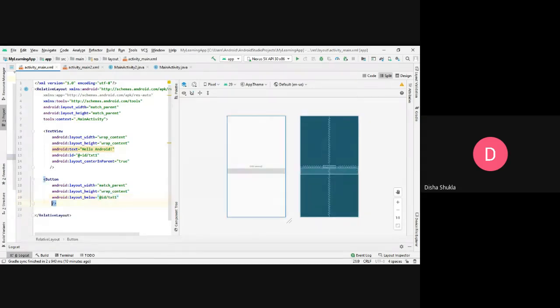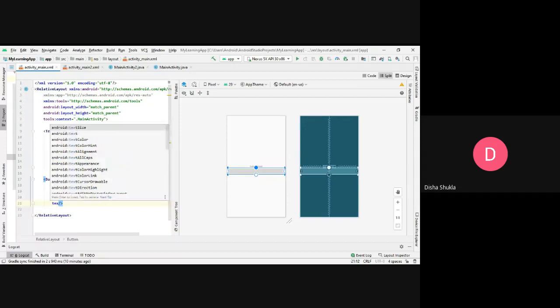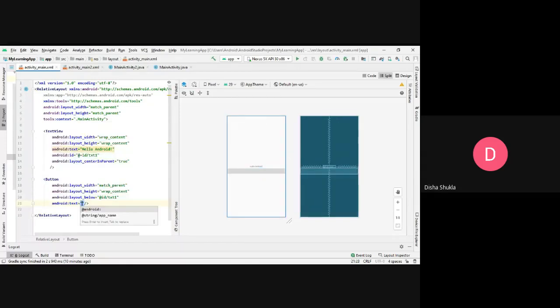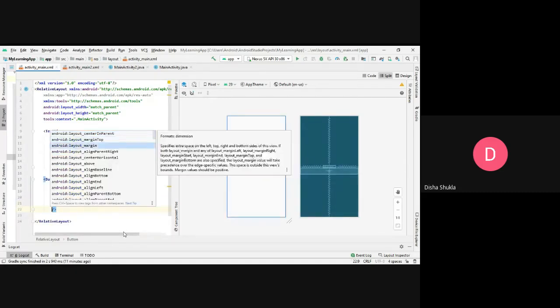Now I want to show something on this button, like submit. So I'll just use the text property. For example, I'm using text is equal to, and then I write submit over here. If you can see here, the text has been shown on the button. After that, when I click on this button, I want to go to a different place.